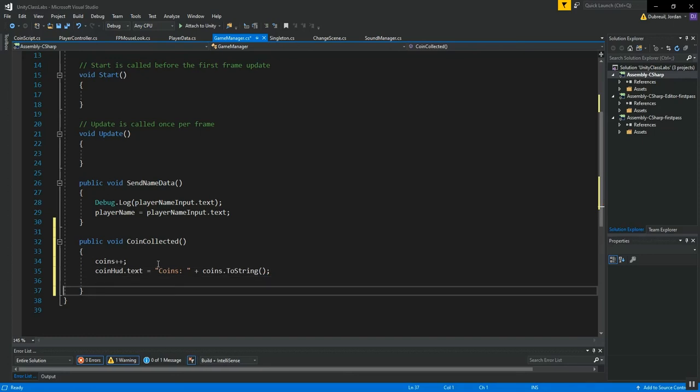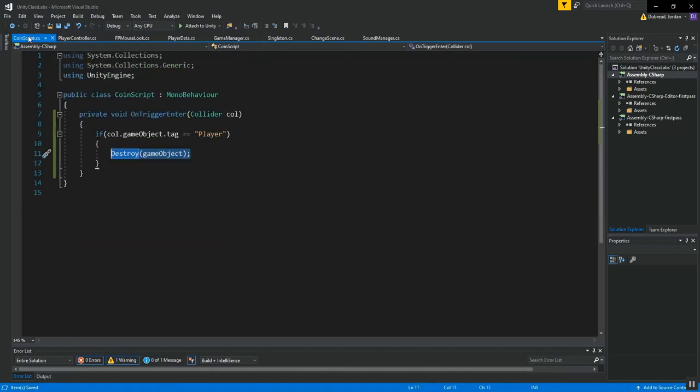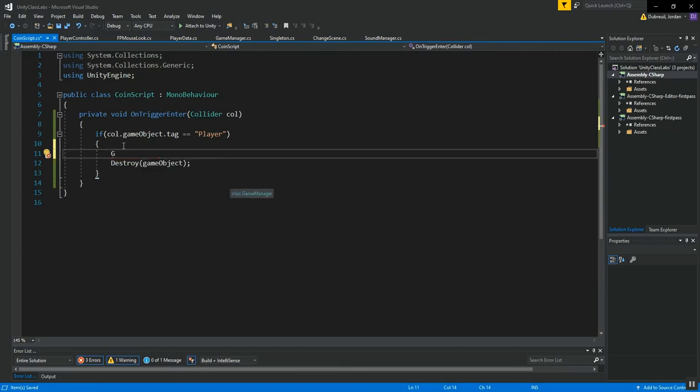Alright, it's as simple as that. So we're storing the number of coins that we had. This isn't a persistent piece of data where we can have it go to a high score screen and say, oh, you only collected this many in this amount of time or whatever. But anyway, we've got coins, and what it'll do is when we collect it, it'll update the HUD. Now all we have to do is inside of our coin script, before we destroy it, we'll say game manager dot, and then we'll look for that function, game manager dot,